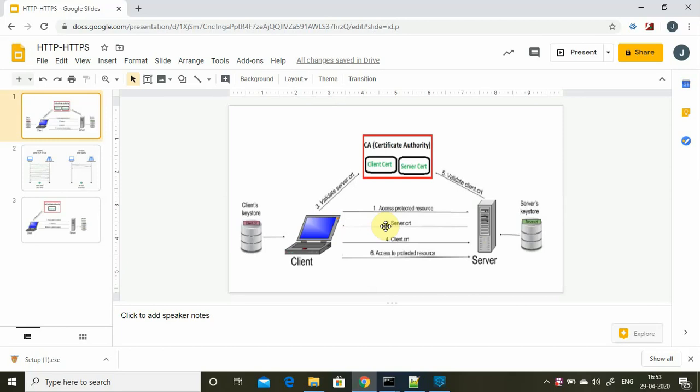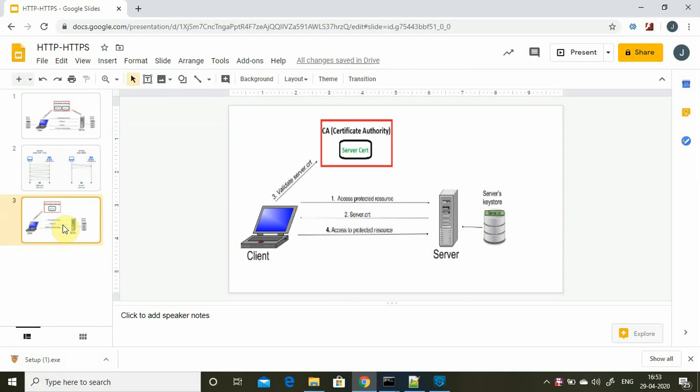Today we are going to see how to implement a two-way SSL handshake for your MuleSoft application. Basically, we will see how we can implement mutual authentication between client and server for your MuleSoft application. In my last video, I already walked through how we can implement one-way SSL for your MuleSoft application. Let me walk you through one-way SSL once again.